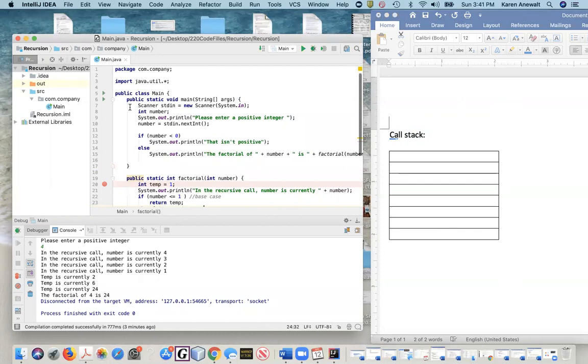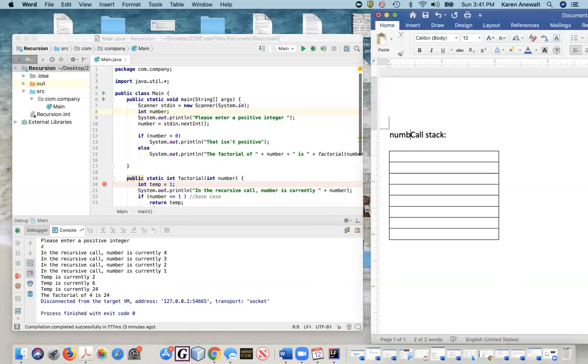So let's look at the main program first, because that's where the first method call gets generated. We're going to set up our scanner. We declare this variable number. Say enter a positive integer. We read the value of number. Check to make sure it's positive. Let's say they call it with the value 4, so number equals 4. I'll add that to my list of information here. In my main program, number equals